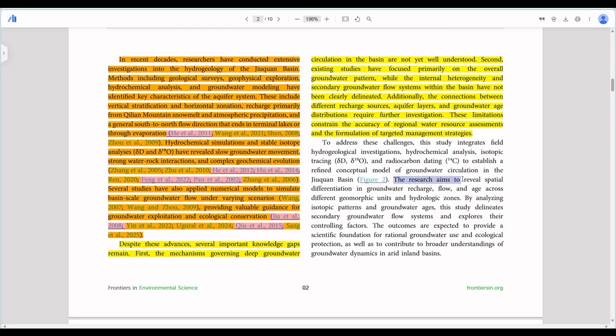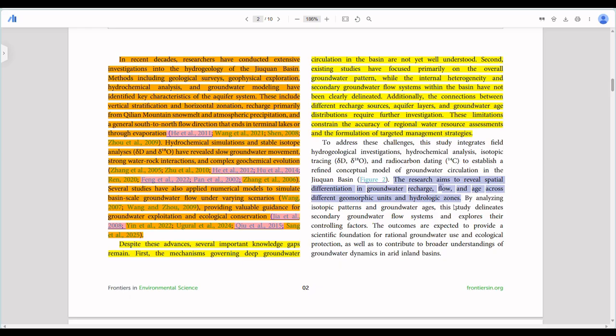The research aims to reveal spatial differentiation in groundwater flow and age across different geomorphic units and hydraulic zones. It went further to say by delineating, but this is just the scope of the work. That's the aim of the work.